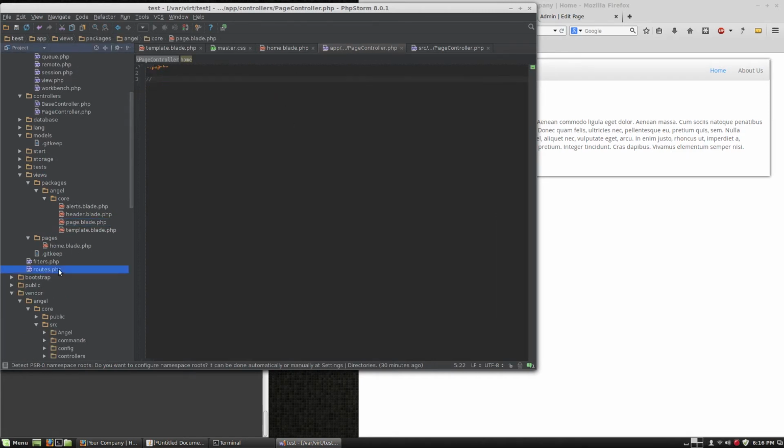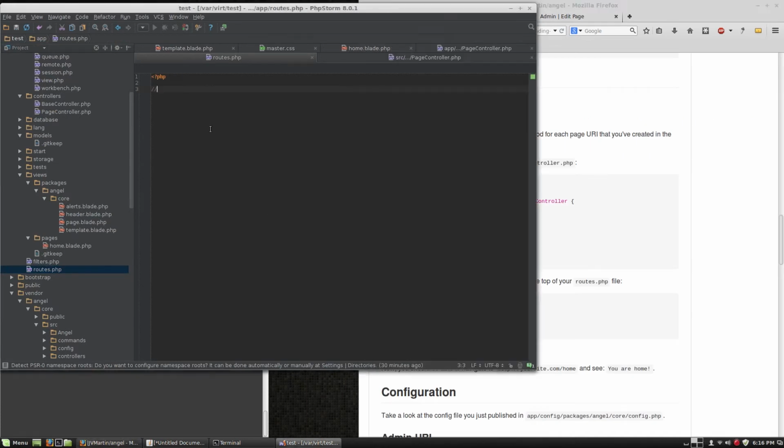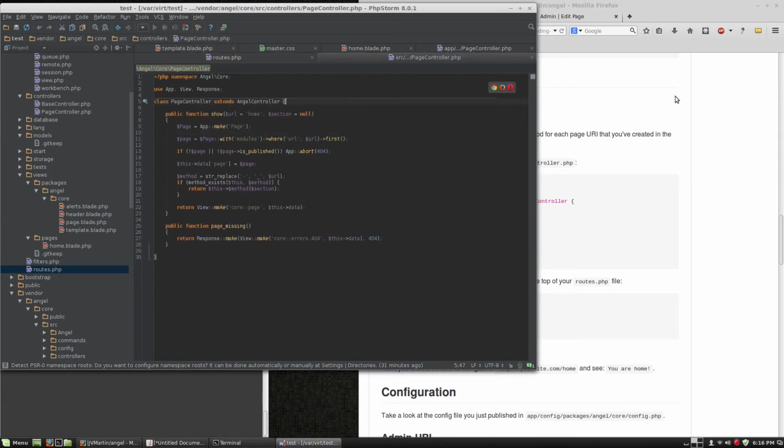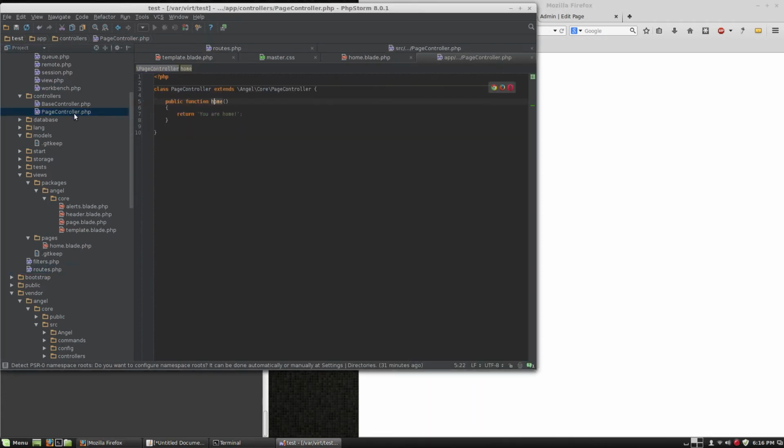So if I open up our routes here, and that little tidbit is right here as well, we're going to offsetUnset the page controller from the CMS, and we're going to create a singleton with our new page controller with just the root namespace there that we've created here. So now if I come back here and I refresh this page, we'll see that you are home. But what we really want to do, if I come back to this page controller, is we want to return that view. So we'll return the